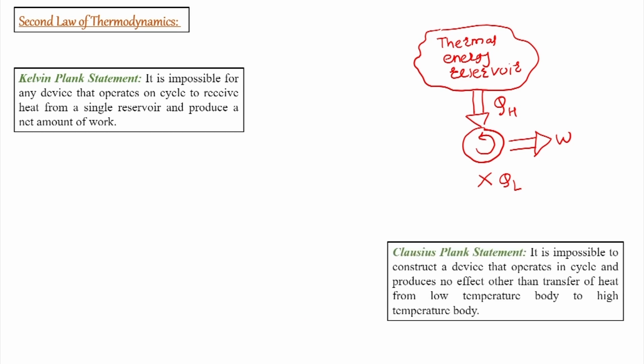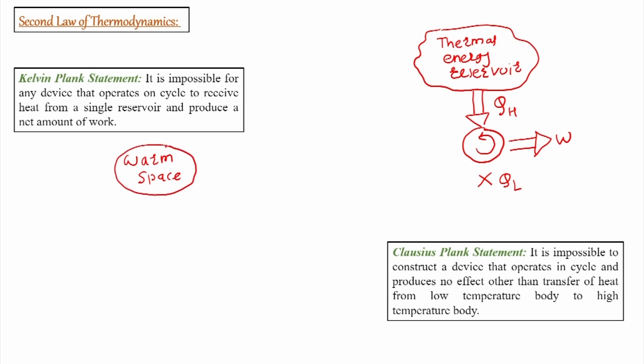But then there is a second statement, which is the Clausius statement, which states that it is impossible to construct a device that operates in a cycle and produces no effect other than transfer of heat from a low temperature body to a high temperature body. So practically it says that there is a warm space